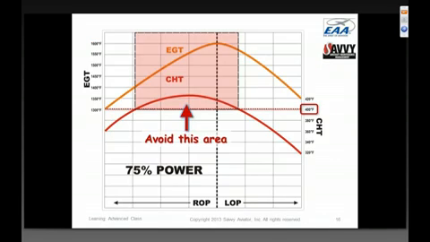If we go back to a piece of that diagram we were looking at that plots EGT and CHT against mixture, George draws a line at 400 degrees Fahrenheit and says any mixture that causes CHT to be above 400 degrees is in the red box. We don't want to go there. And so this one is drawn at 75% power, and it was based on an IO-550 engine, normally aspirated engine,